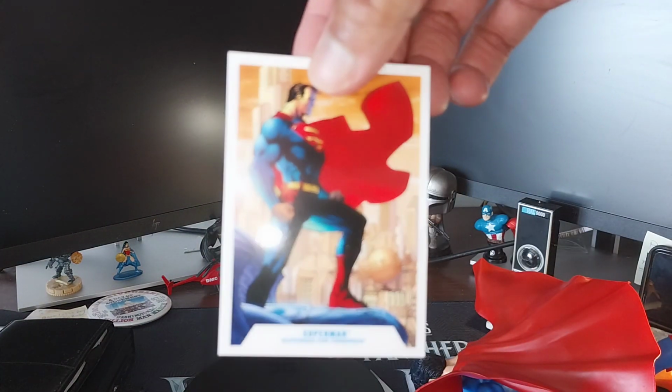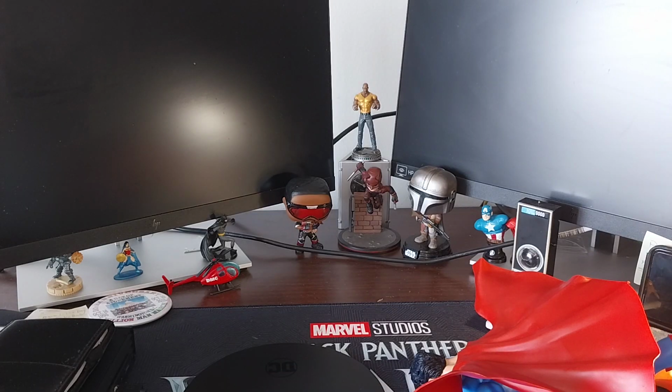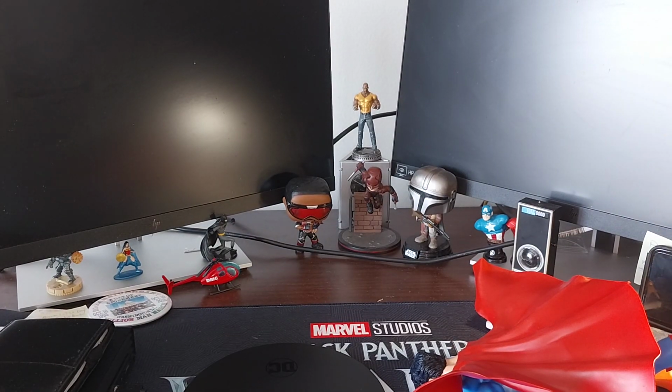Okay, so all right, we got them completely unboxed. Here's the card, the backer card, which is the same artwork that you see on the back of the box. We have the flight stand here, I believe. Let's make sure I'm not missing anything else. No. So we have the flight stand here,